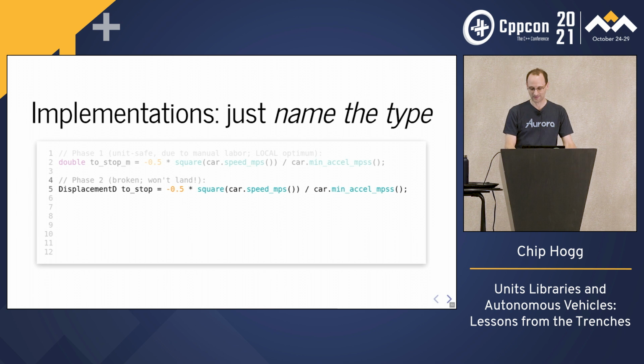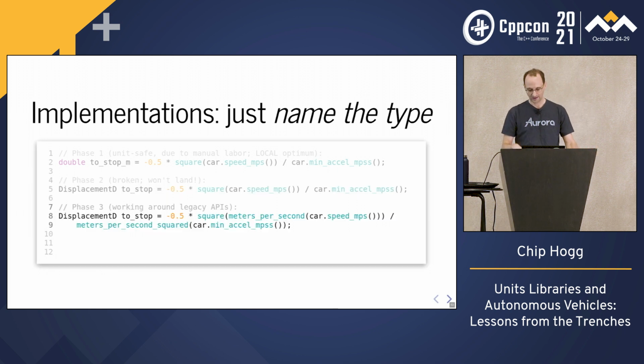So now we go about the mechanical and straightforward process of fixing the error. Every individual change is unit safe. It's a visibly correct handoff of the unit information. Once we've checked this line and it builds, we don't need to worry about it again. Unit safety means verifying correctness in a single line of code. Now, granted, this is more clunky and cluttered than what we started with, but it also isn't the end of